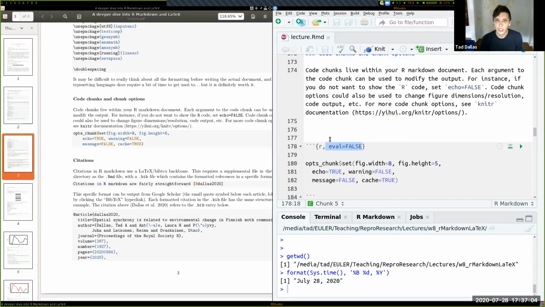You can also use things like echo. So echo, which I put right here, is saying, should we print the code to the screen? Because it will print the output, but it doesn't necessarily have to print the code itself.